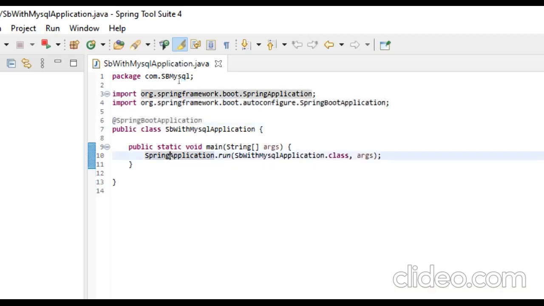Yeah, that's it. It is used to bootstrap and launch our Spring Boot application from our main class only.